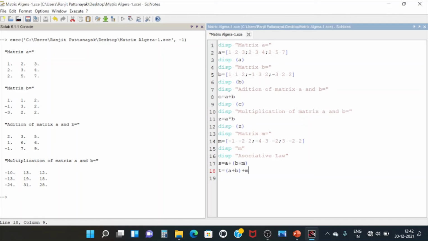Okay, here associative law has the value of S and T. So S belongs to one matrix, this one, and another matrix is this one.